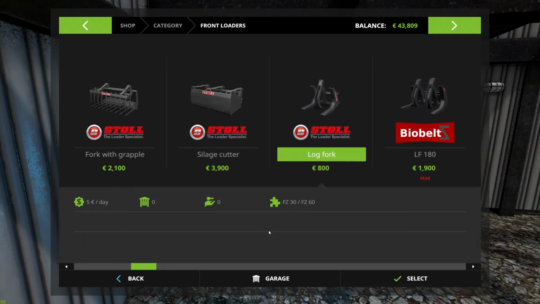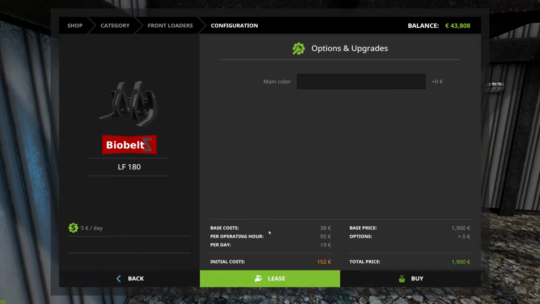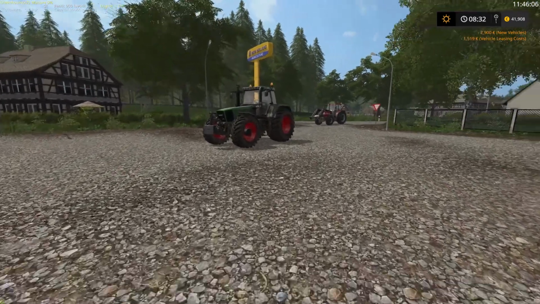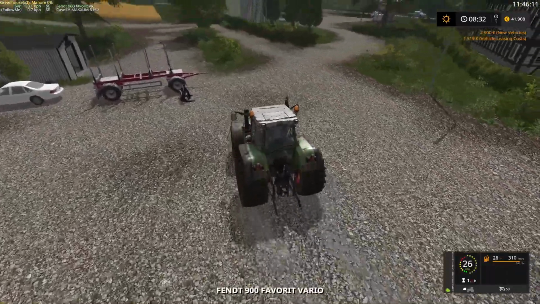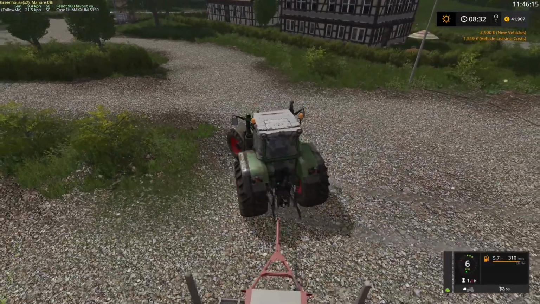Never really got much use on that, but I did install this one recently and found that this one is fairly good for a log grab. It does work reasonably well. So let's get the trailer hooked up and then we'll get the grab,